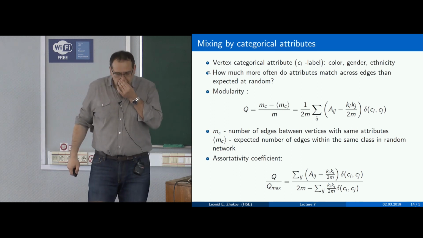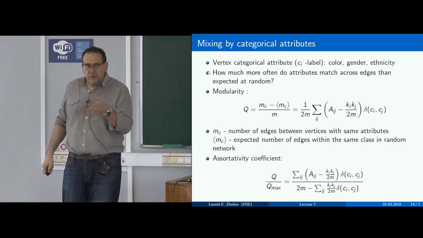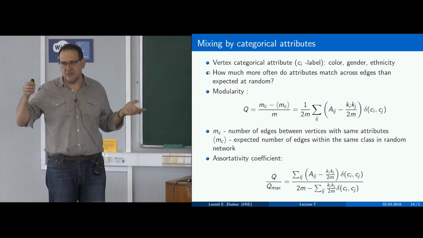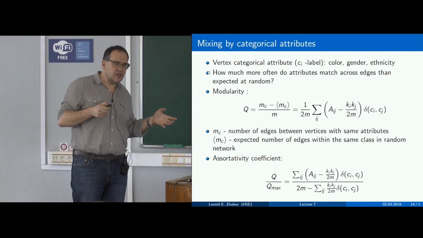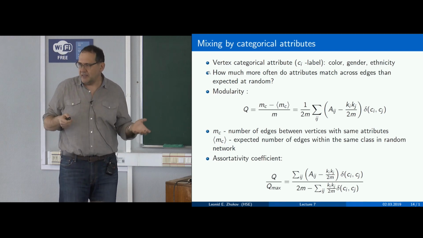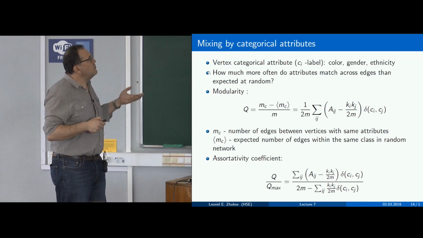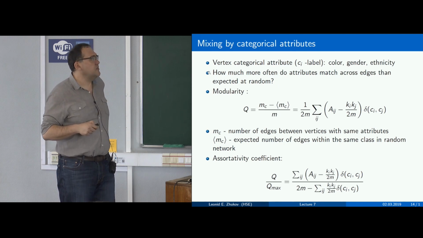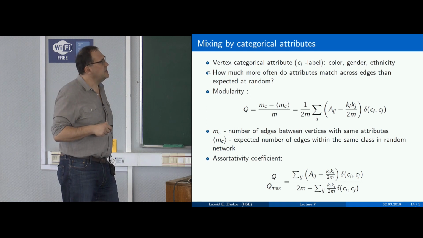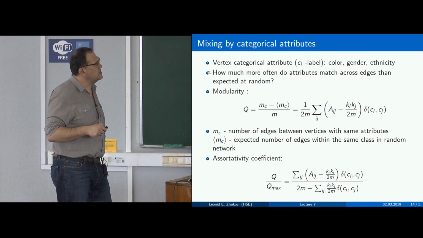Now, the question is if we can measure it, right? Because we always want to have some numbers and see if, for example, in one network this property is much stronger than in another network. And one way to do it is through the so-called modularity metric. I wanted to pay attention to this metric because we're going to use it a lot for clustering and other things. This modularity metric was introduced by Newman,